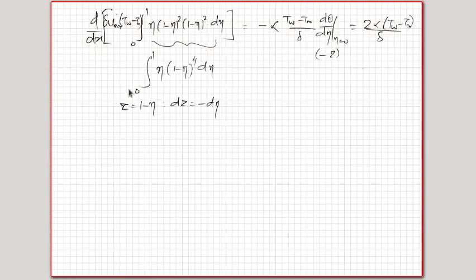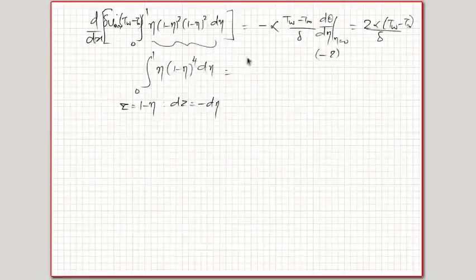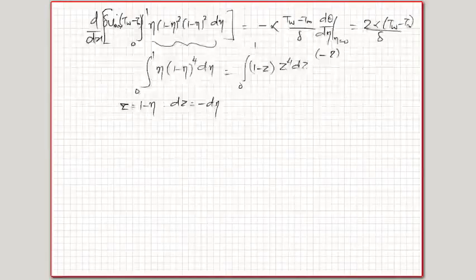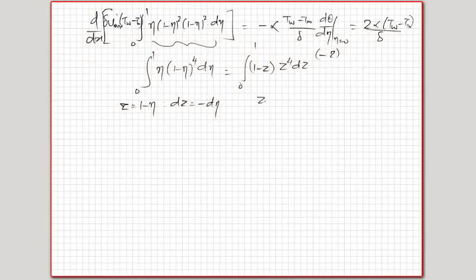The limits for z will be 1 to 0, it will again become 0 to 1, and eta will be 1 minus z. So this will be integral from 0 to 1 of (1 minus z) multiplied by z to the power of 4 dz. So now that will become z to the power of 4 minus z to the power of 5